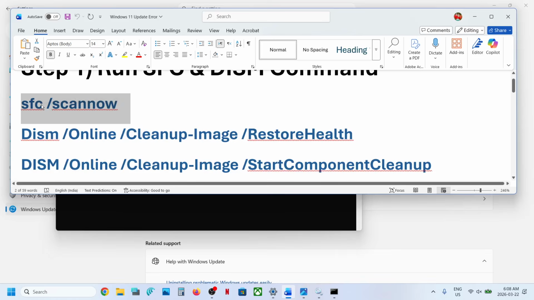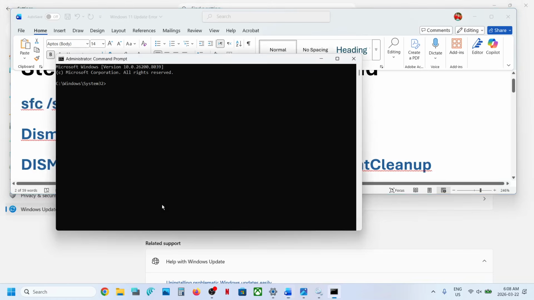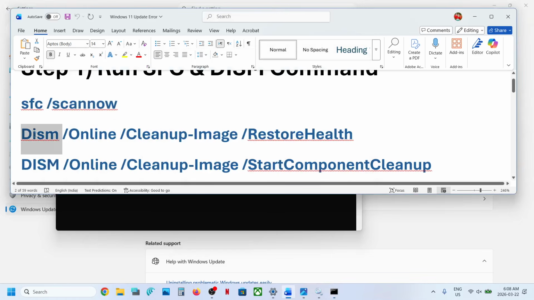Copy the first command. All these commands are provided in the video description. Copy it, paste it over here, hit the enter key. Now this will run a scan. The scan will take some time, and once the scan is 100% complete, then copy the second command,